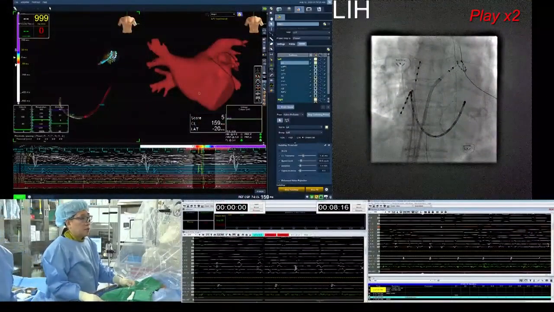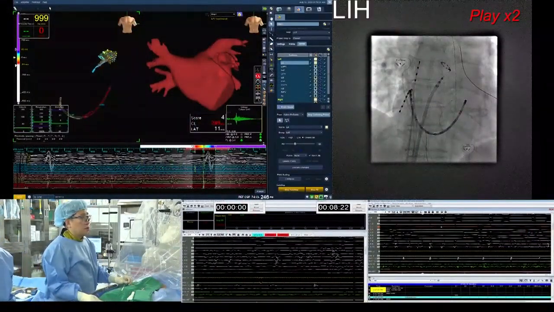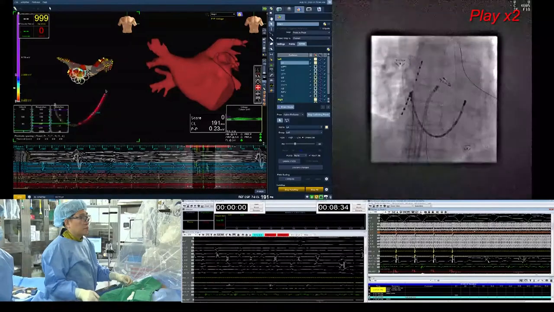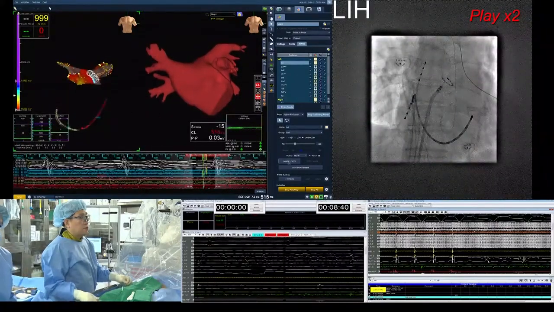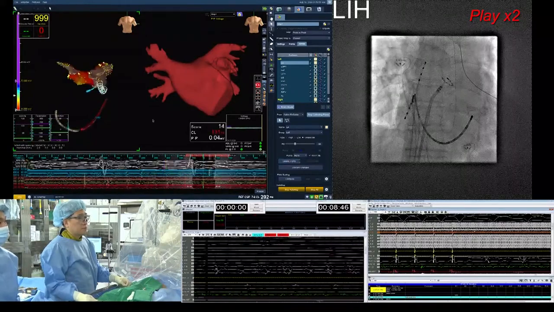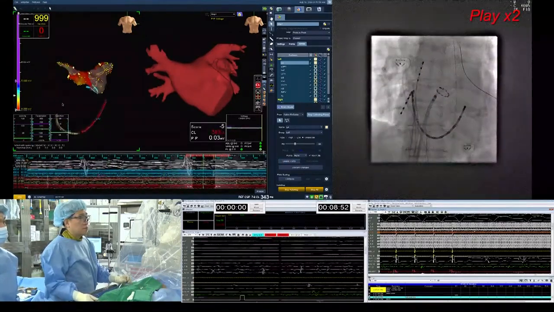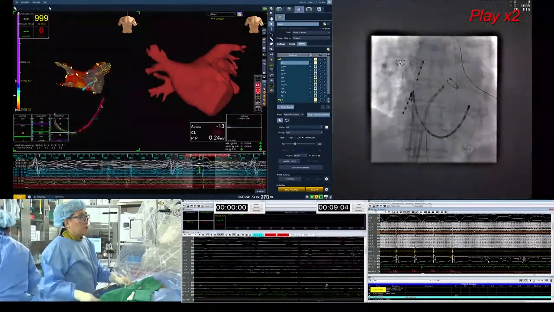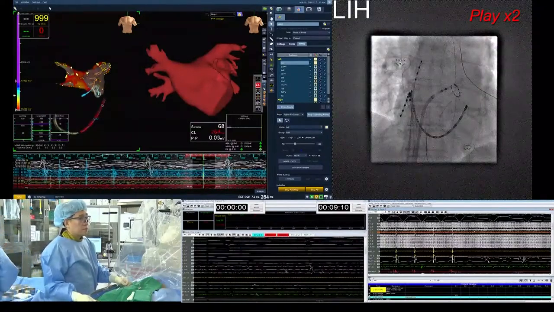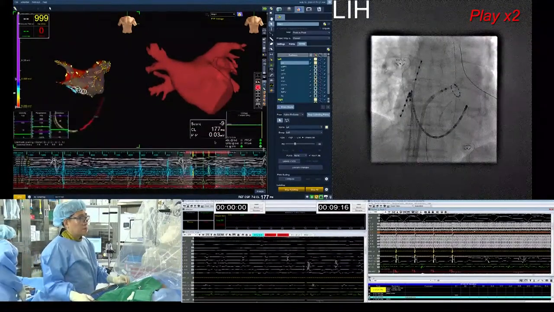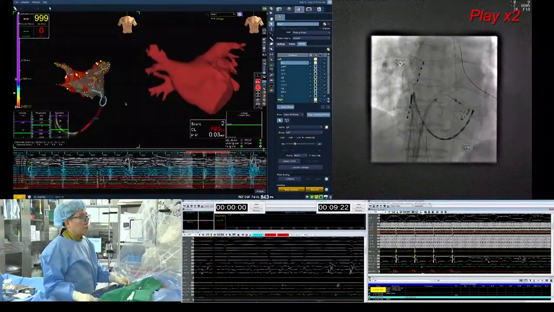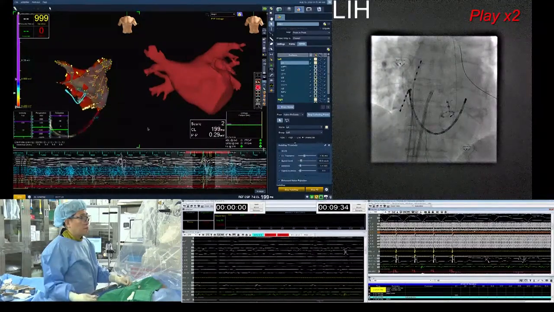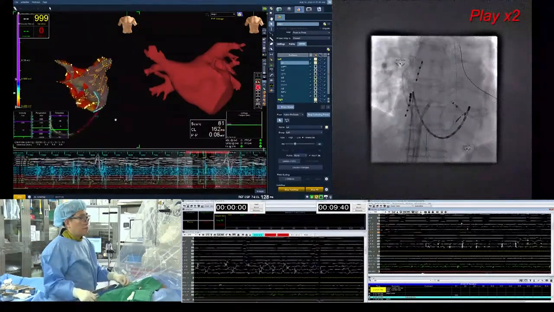So when we start left atrial geometry with the HD grid catheter or the ring catheter, please make sure your catheter movement is very, very slow. Whatever the rhythm status, sinus rhythm or atrial fibrillation, I open the recording of the electro-voltage map together, because during atrial fibrillation you can get the fractionated map with this AutoMap module, and the fractionation map could provide you with some location of complex electrograms.